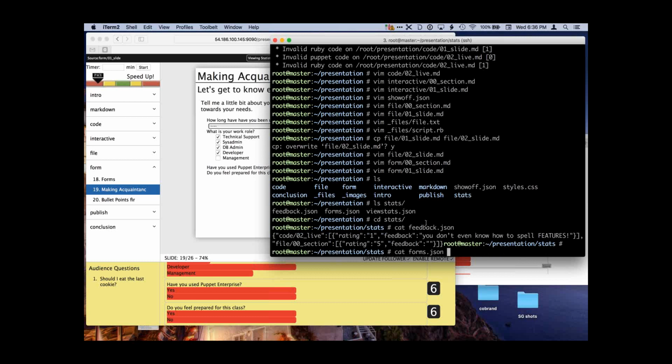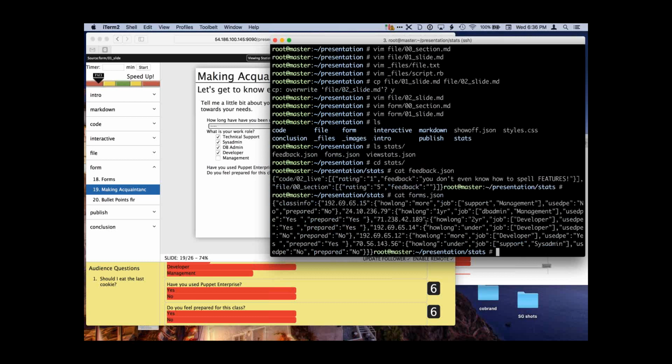Then there's the forms, which is the same thing, except there's a lot more in there. It records what the form ID is, and then it records what all the answers are. And then there's the view stats, which is basically the same kind of thing. And it looks like I may have lost my...